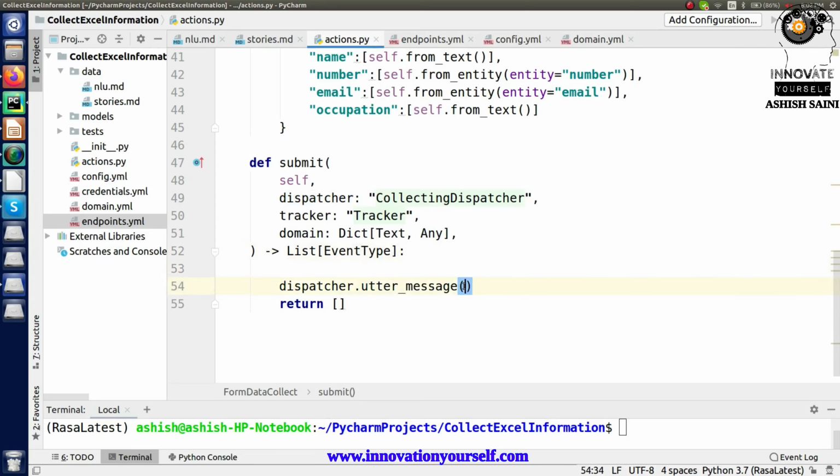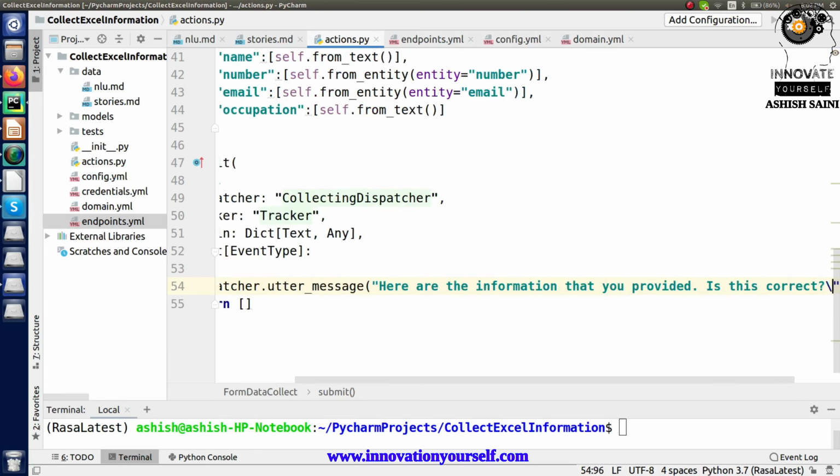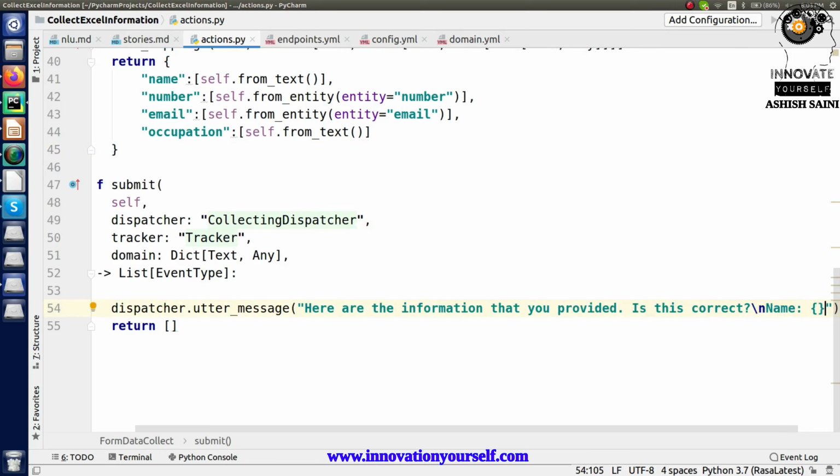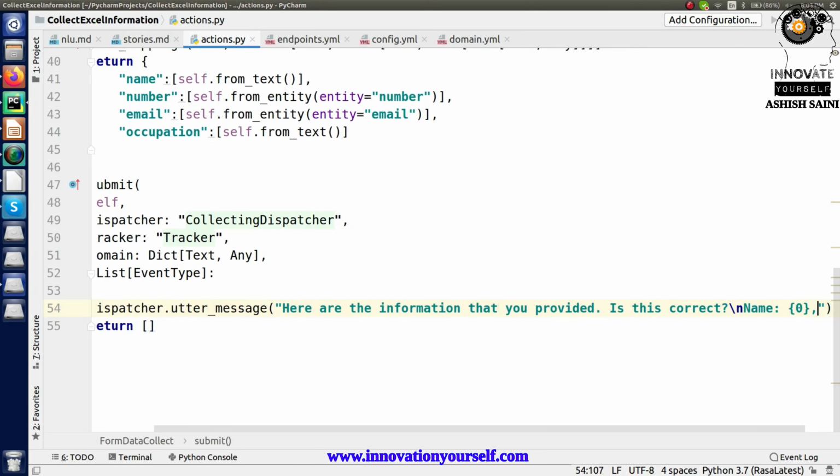And in here I will mention, let's say, here is the information that you provided, is this correct? So whatever information I have collected, I'm going to show all the things in here in the output, right? So for that, let me first add the name, and the name will be mentioned over here.